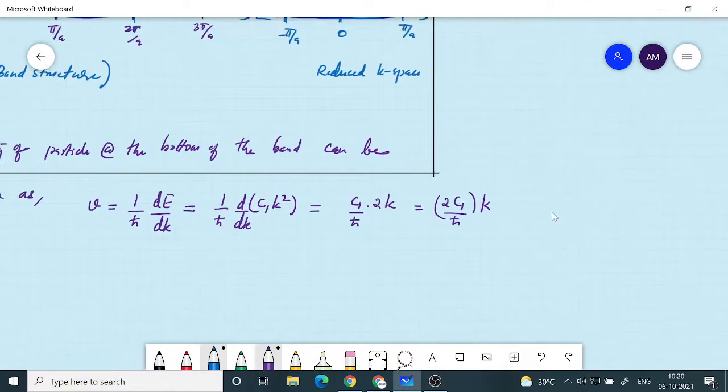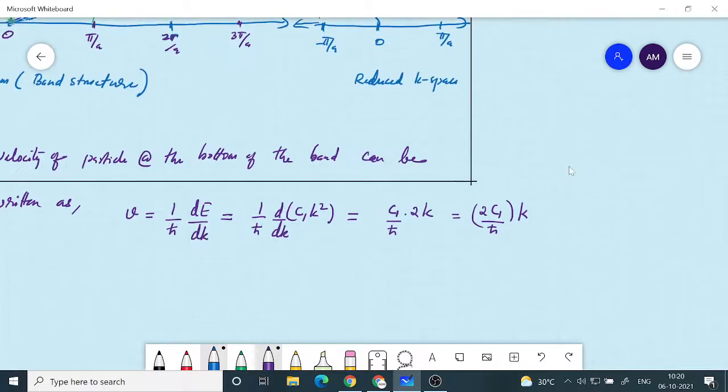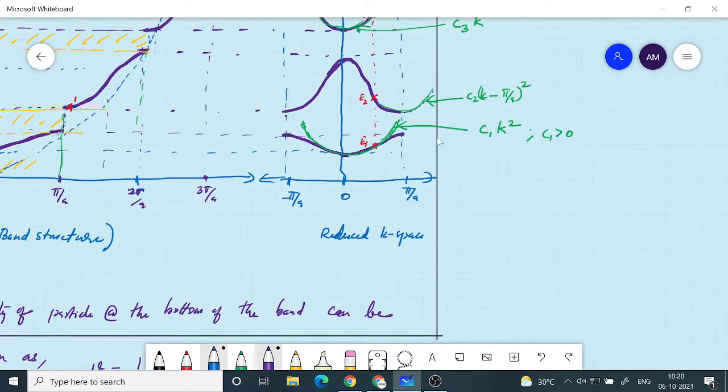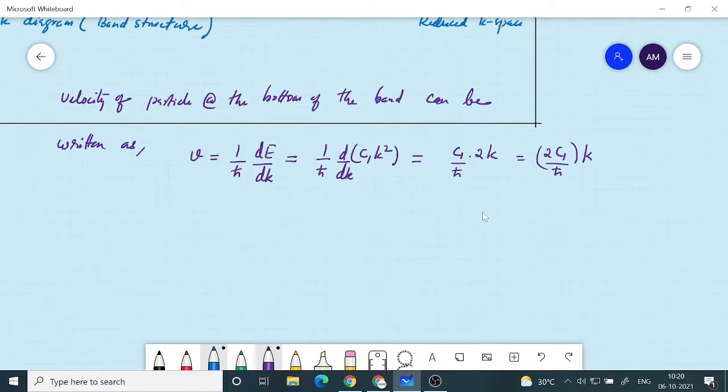Now this velocity, if k is positive, this velocity is positive, because c1 is positive. I already said in the modeling of the band that you can write the expression for the parabola as a positive number multiplying k square. It is an upward parabola. Any bottom of the band is an upward parabola. So c1 is positive. So therefore, the conclusion here is that the velocity v and wave vector